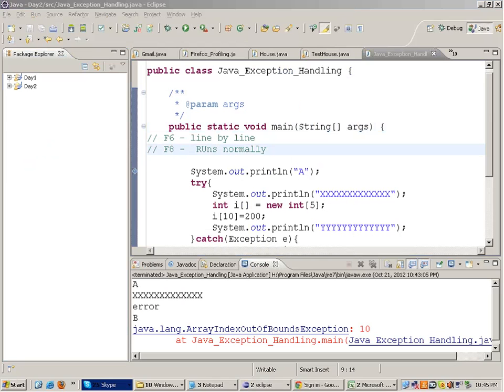A question being asked is, is the Ant compiler built into Eclipse? Yes, it is. Only thing is you have to download the libraries and everything. Okay, right. So